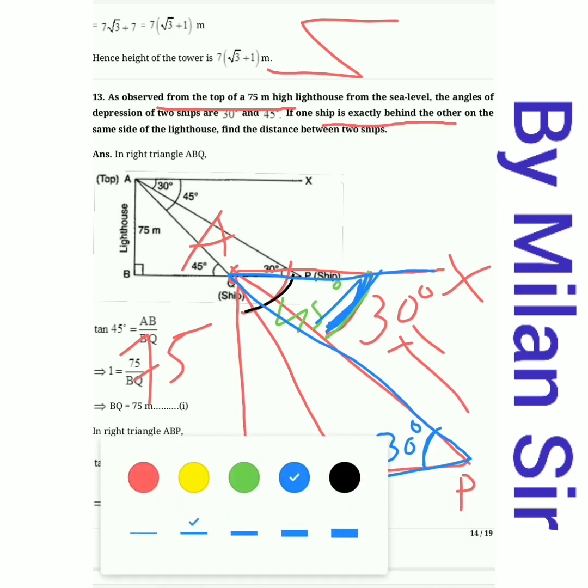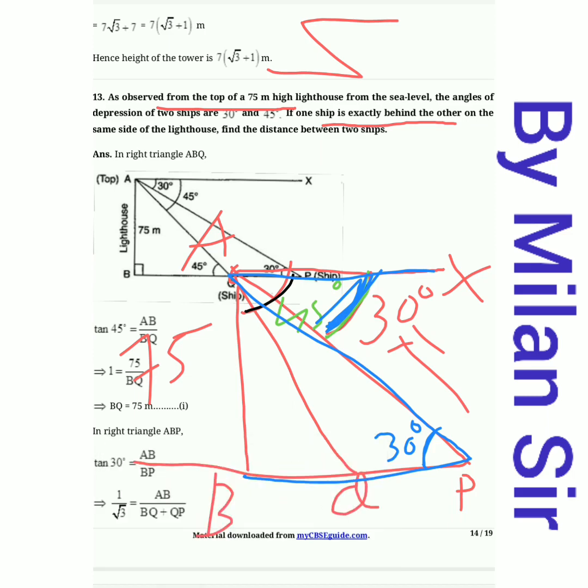Now second thing, one more Z is there, like this, right? Here the angle XAQ is 45 degree. So here even 45 degree, right? Here also one more reverse Z is created. That's why if one angle is 45 degree, then the other one is also 45 degree. So this is our final figure.